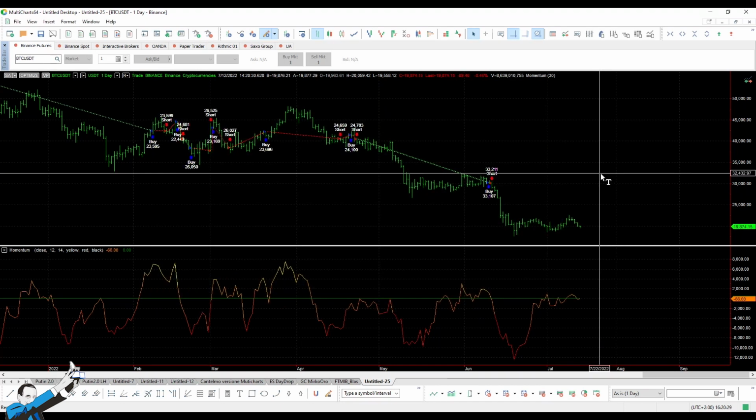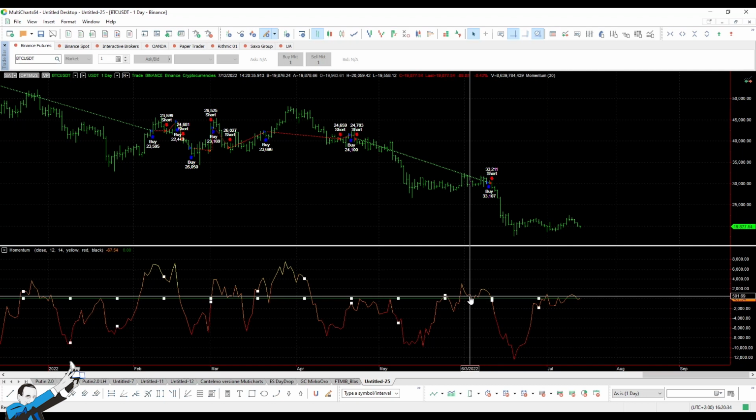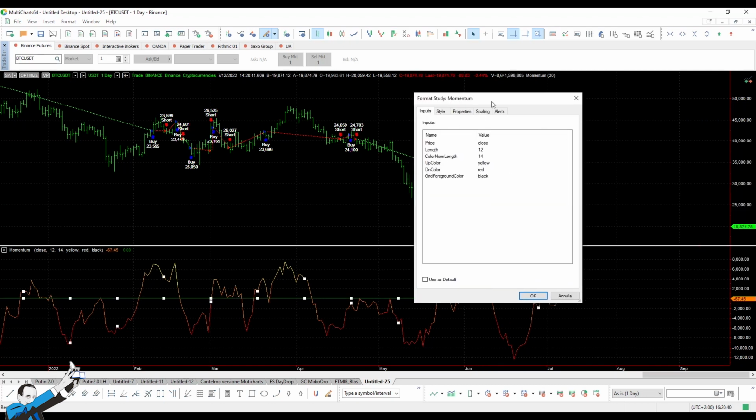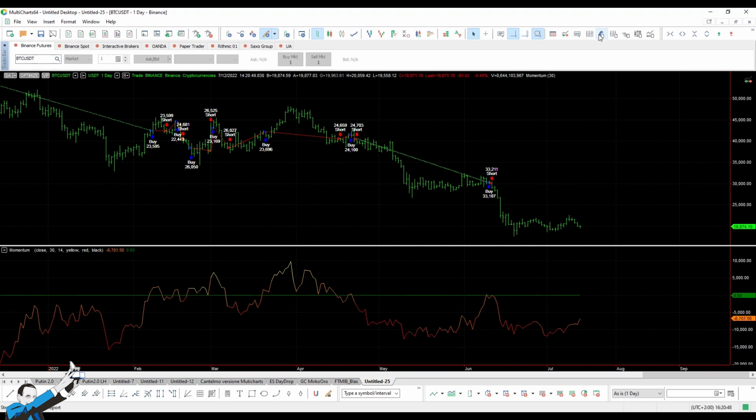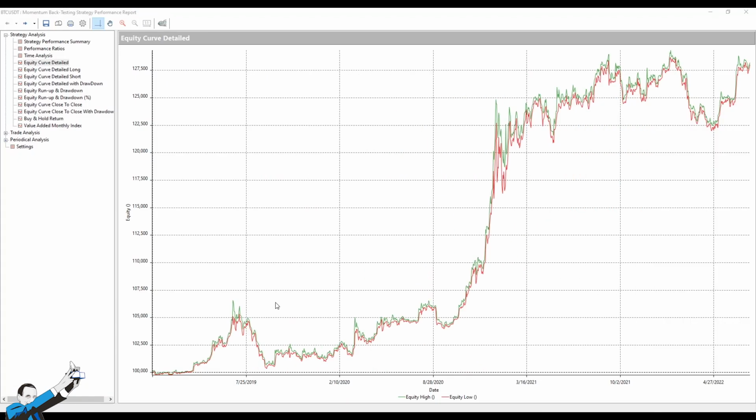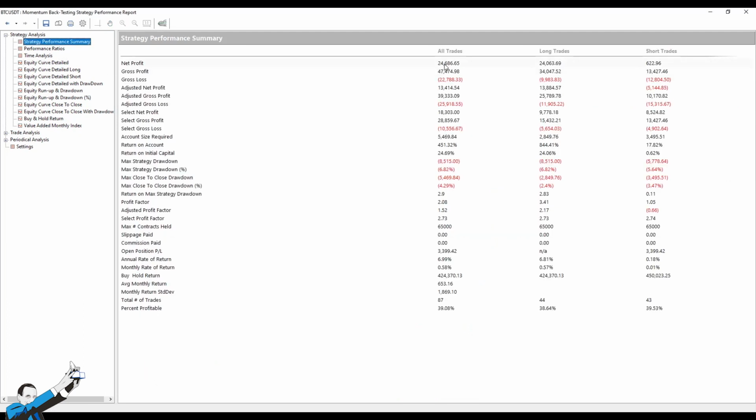Here is our system that buys $10,000 worth of Bitcoin every time there is this zero line crossing. As I said earlier, the indicator is set at 30 days. So let's change the period. Here it is. And let's go look at the results of our trading system. Now the results may look promising. We have equity going up, even quite well. The system earns $24,000 over a time frame of 3 years and 6 months.